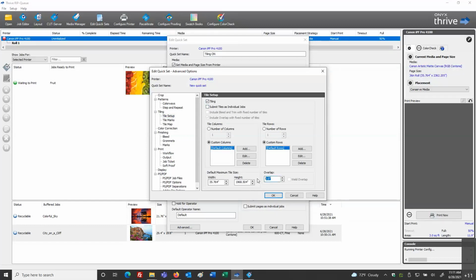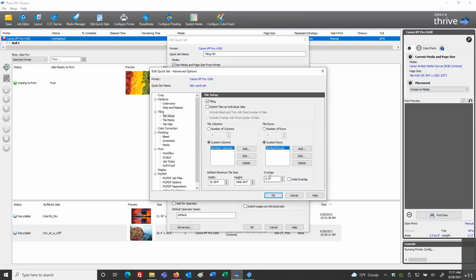And even if we do put in an overlap amount, let's say I put in a half inch, the weld overlap option does become available. Weld overlap will make a portion of that overlapping image area from tile panel to tile panel non-printing. So a portion of that overlap will be just media and no image area.